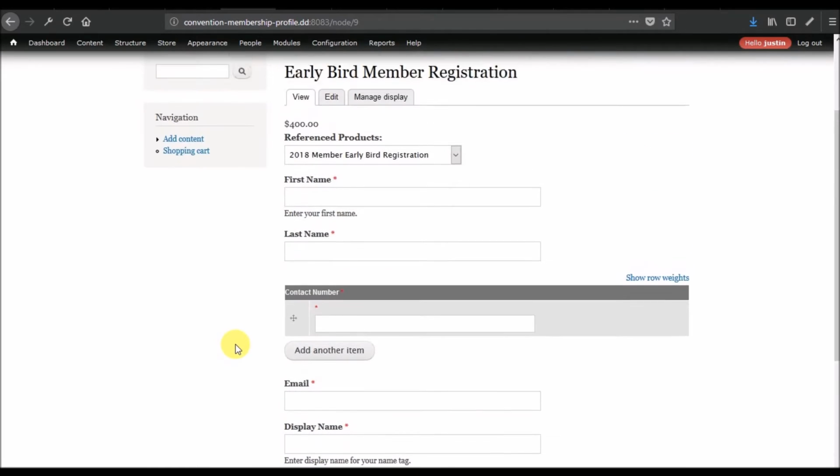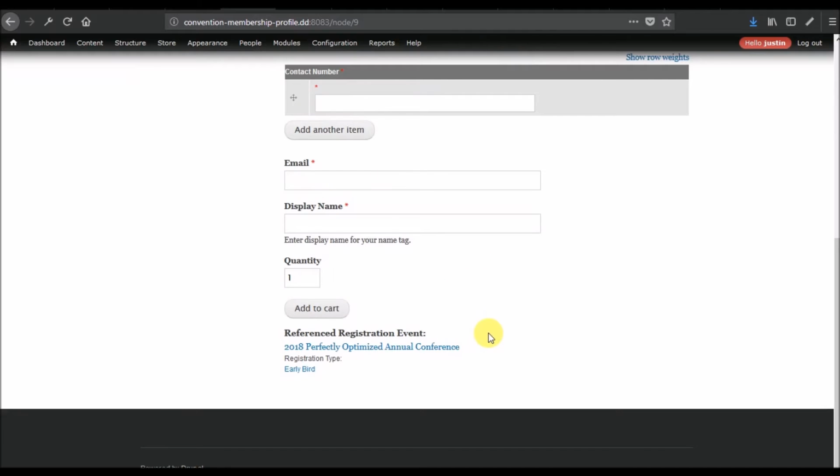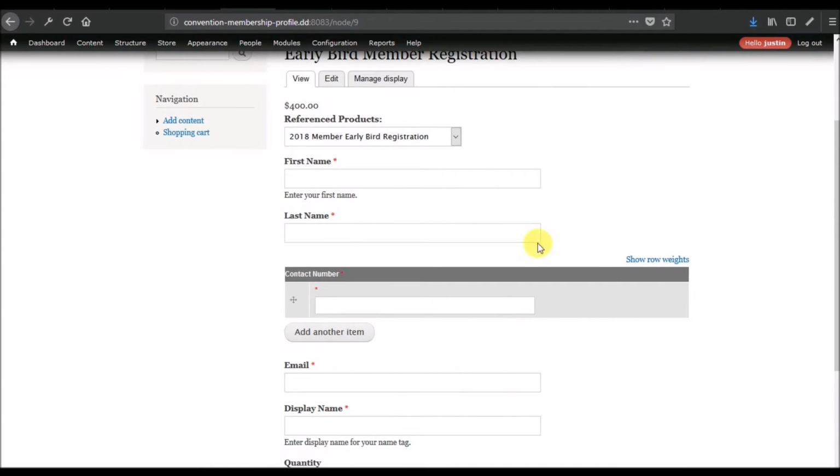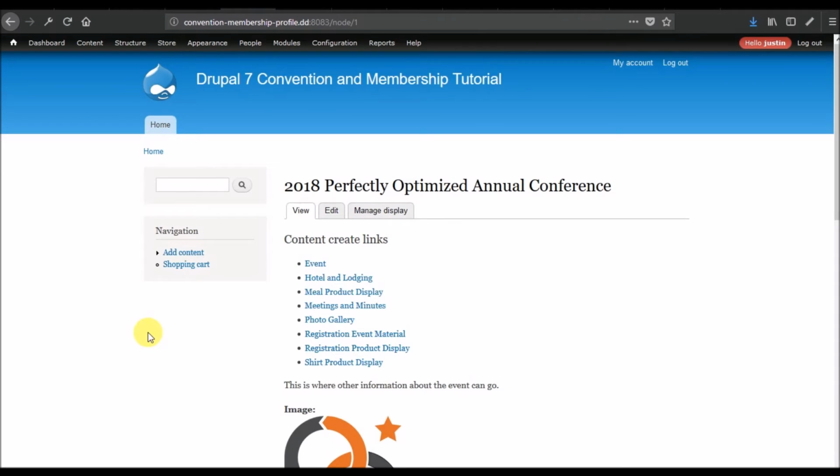Because sometimes, maybe with the early bird registration, this package comes with a shirt, it comes with meals, and presently we don't have any fields on this add to cart form that would tell the site administrator that this user bought a package. A package includes a t-shirt and a meal, and here's the t-shirt and meal that they want. So we haven't done those things yet, but that is a common request or need when it comes to registration